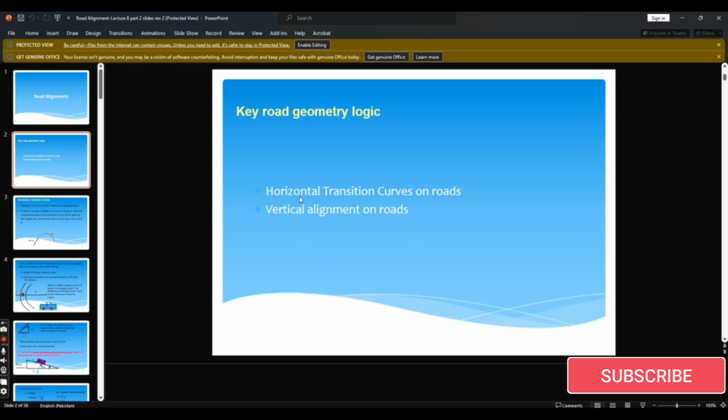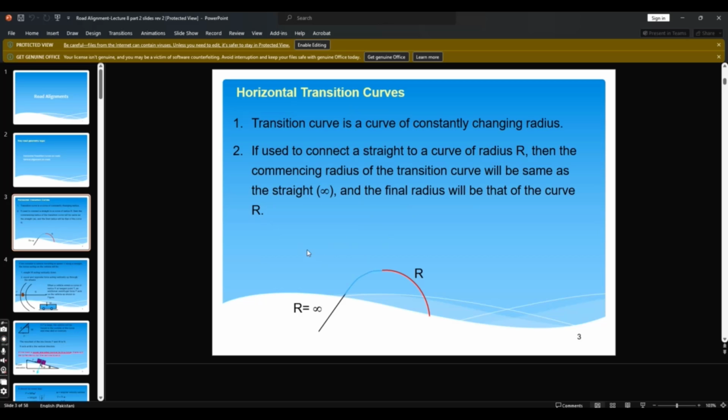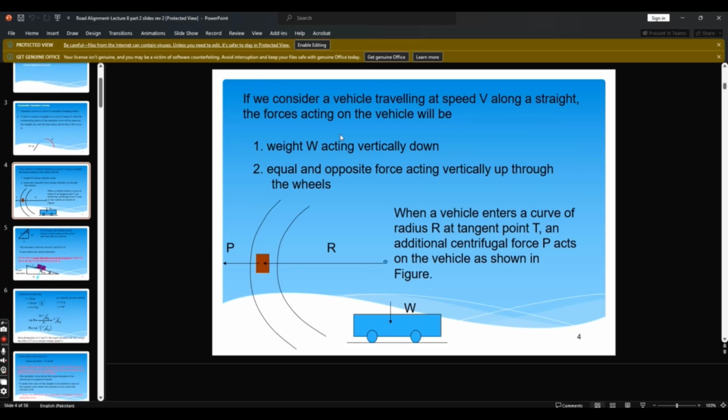We actually have horizontal transition curves on a road and vertical alignment on a road. These are the two main components. A horizontal transition curve is a curve of constantly changing radius. So if you want to calculate the radius of any curve, then you can